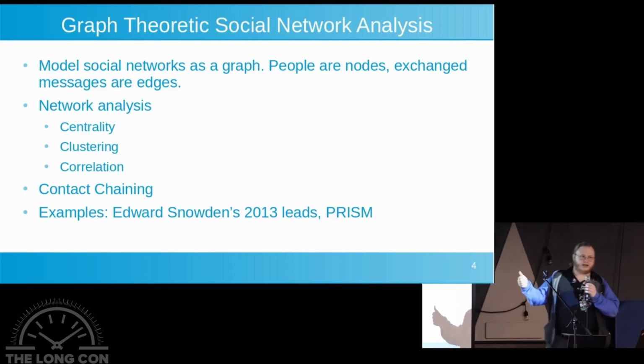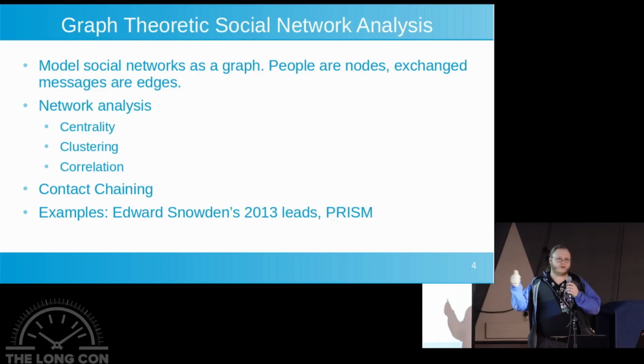So contact chaining is another example of a form of analysis. You may have heard that very recently some American law enforcement groups were doing social media analysis. They would identify suspected gang members, and then based on that identification, they would suspect anyone they're associated with of also being a gang member. And they would do this to n degrees of separation, with the result that they could suspect thousands of people